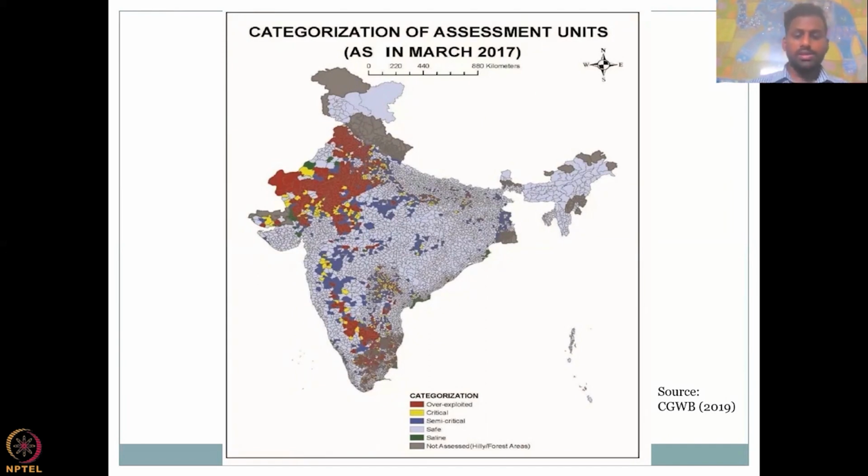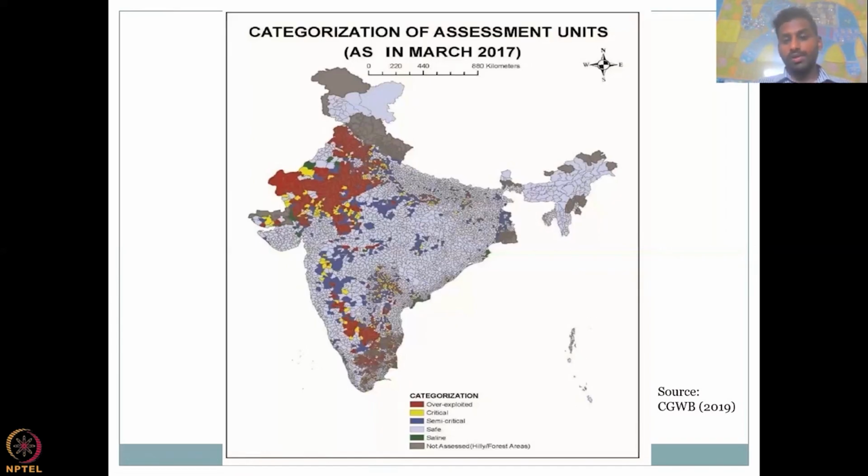So what you clearly see here is the overexploited regions are really high, which is along the northeastern regions and also in the central regions where there's a lot of agricultural activities. The northeastern regions, northwestern regions could be explained because of the low rainfall and arid regions, whereas the other regions are purely depleting in groundwater because of tremendous use of groundwater resources. Also, Punjab, Haryana all have a lot of red color here. So overexploitation is a concern, whereas the other regions are safe.